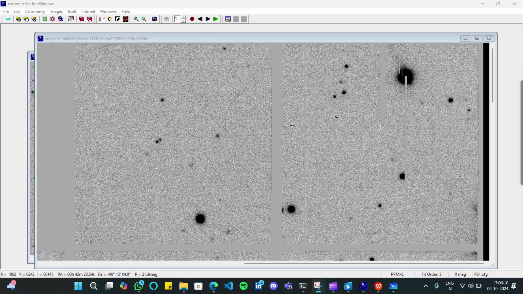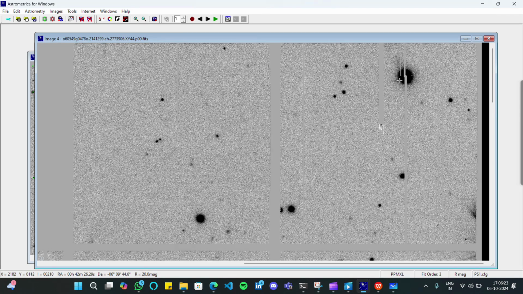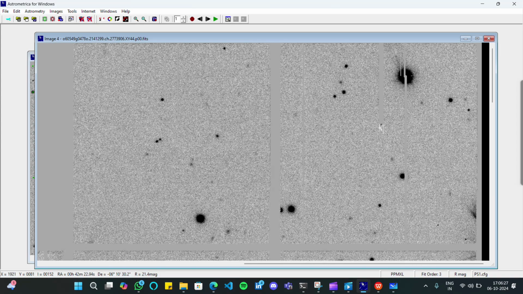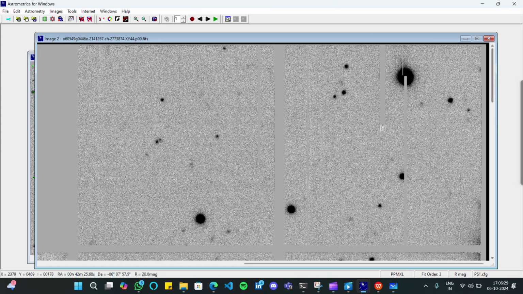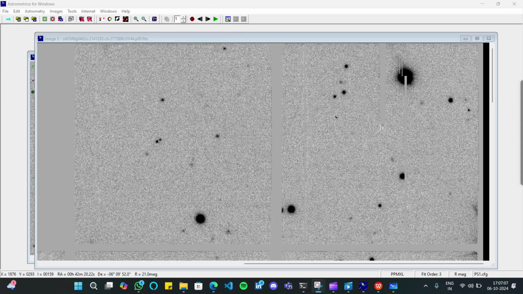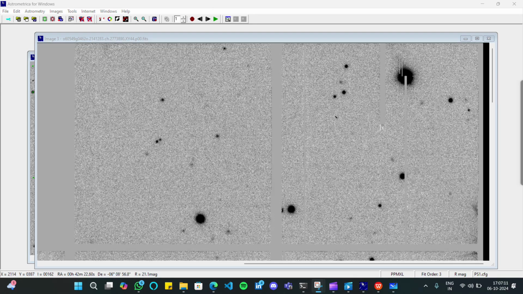So guys, here you can see the Astrometica software. Here the blink current image option is off. So press on the green icon. Here you can see the blinking is on again. What you have to do is check from the first image. Here you can see, not the first image, the first table itself. So here is the first table. Look very carefully at each box present over here. So let's start with the first box.